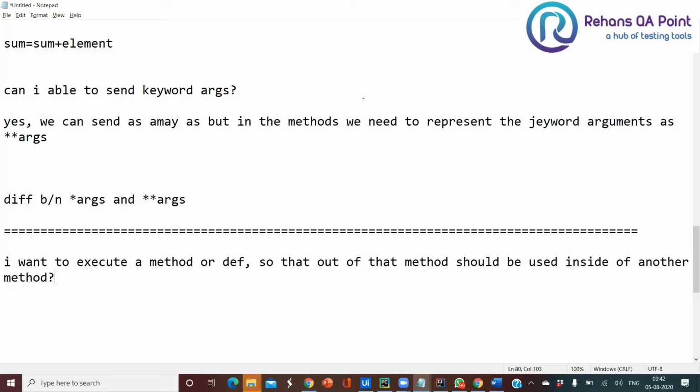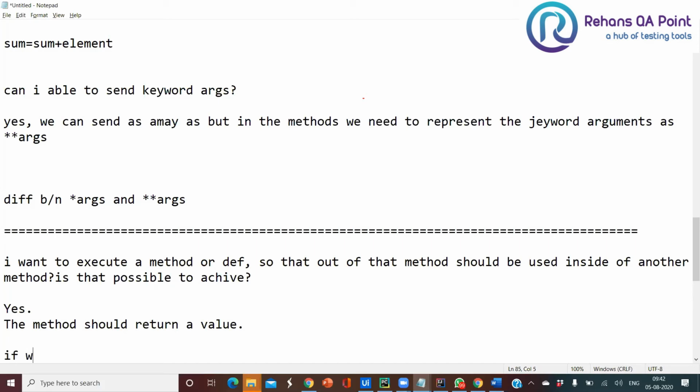Is that possible to achieve? The answer is yes. The method should return a value.